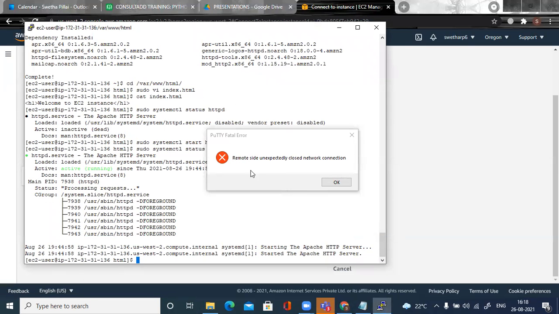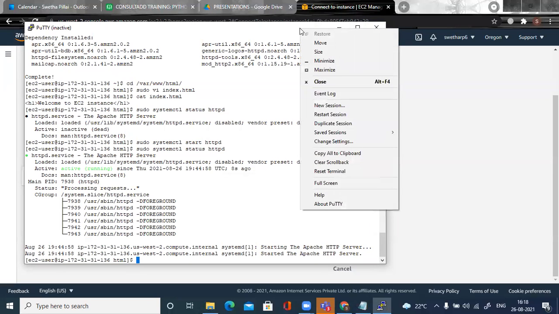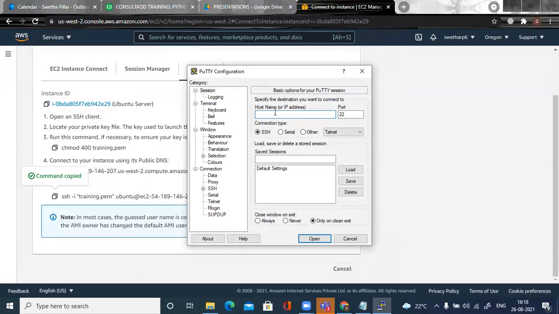And can you see this session also got expired because I terminated, or even if you stop a server, this session will be expired. So now I have to go for a new session. I think I can go from here itself. There is an option, new session. All I need to do is provide the username Ubuntu